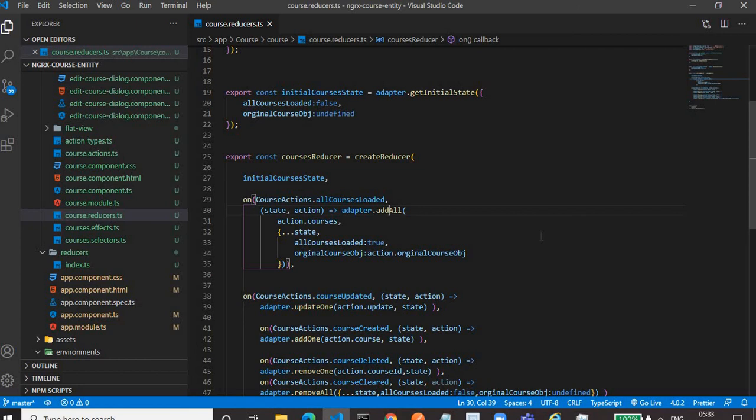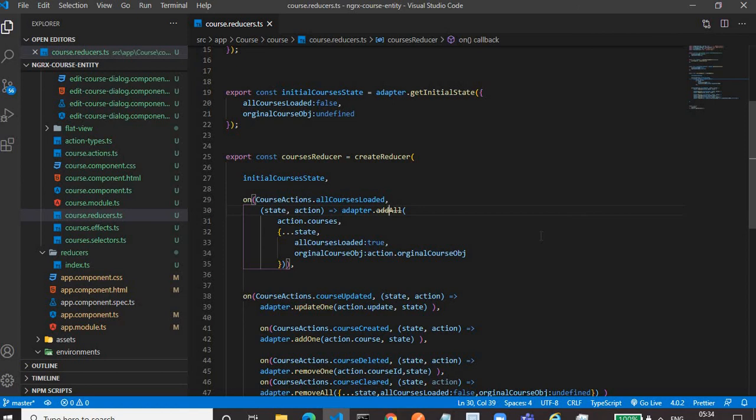I guess the NGRX entity concept is clear to everyone. Using NGRX entity, we can deal with arrays or arrays of objects. If we manage this array of objects in the older school approach, we have to write a couple of iterations for removing an item from the array, adding an item, or editing an item.